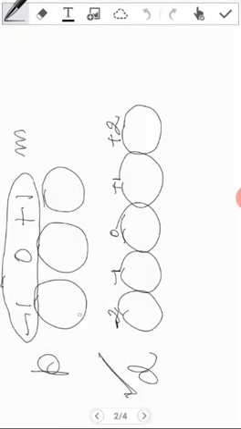See here, p has 3 values, minus 1, 0, plus 1. This can be 2p, 3p, 4p, but this cannot be 1p. We have discussed already that d can be 3d, 4d, 5d, 6d, 7d. D has 5 orbitals, 1, 2, 3, 4, 5, and we know they are dxy, dyz, dz square, dxz, and dx square minus y square.